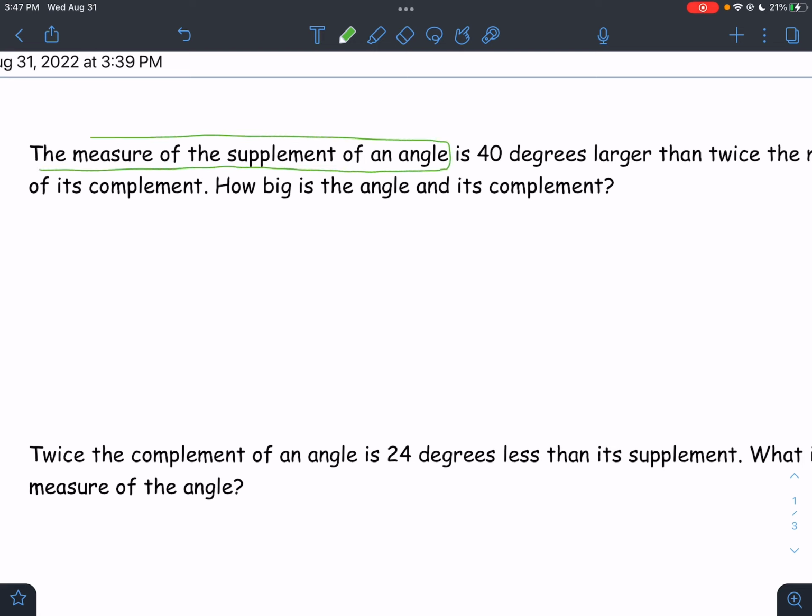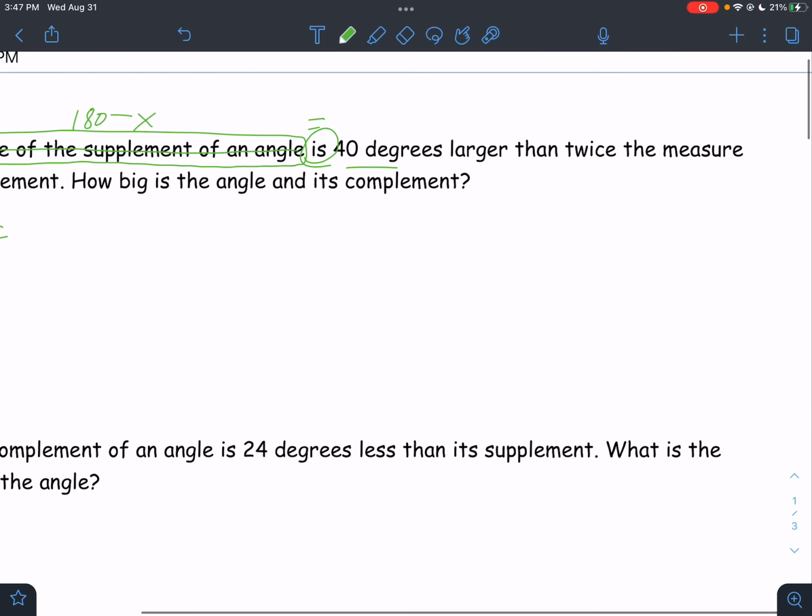I'm going to take all of that and I'm going to replace it. What is that? That's the supplement of an angle. That is 180 minus x. So our equation begins 180 minus x. Is. What does is mean? In math, what do we translate is to? That is equals. So the measure of a supplement of an angle is 180 minus x equals 40 degrees larger